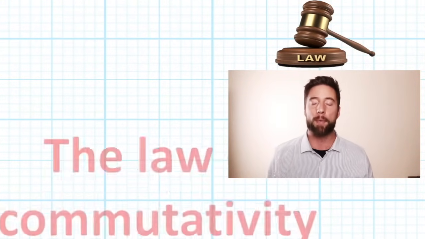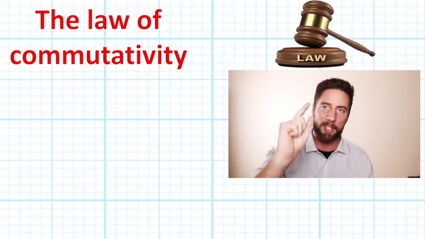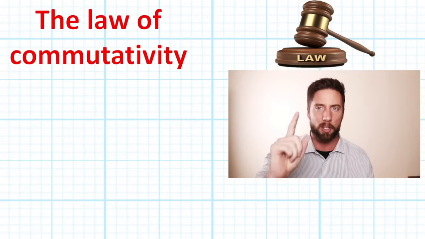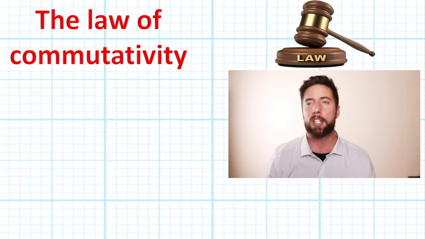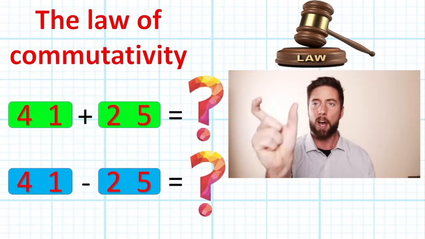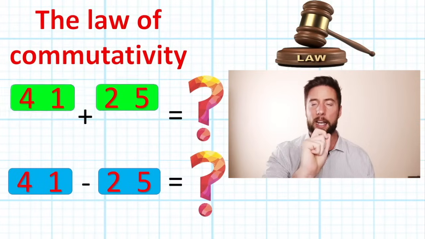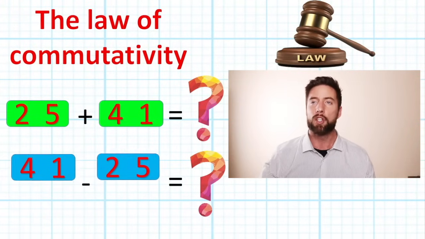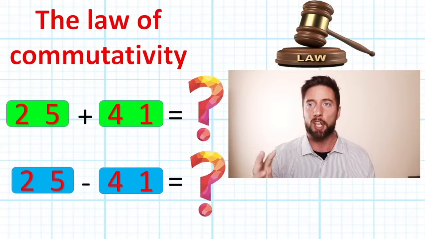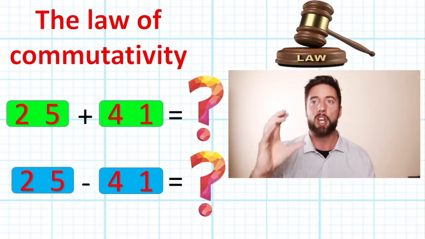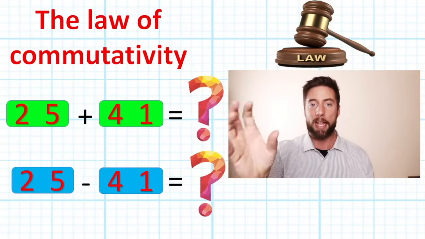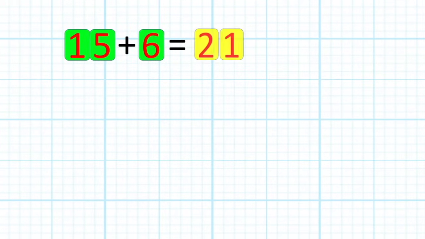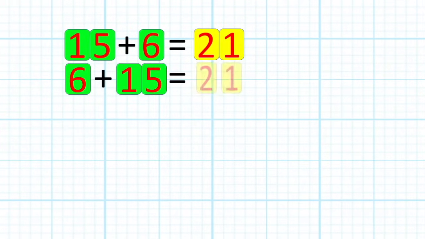Okay, one very important thing we must discuss before we begin, and that is the law of commutativity. A horrible word, but it's not as hard as it sounds, okay? It just means, can we put our numbers in different places in our number sentence? So, with addition and multiplication, those numbers and those operations are commutative. We can put them in any way. So if I show you this, if we have 15 add 6, I get 21. If I have 6 and 15, I also get 21, but I've moved the 2 numbers at the beginning around,